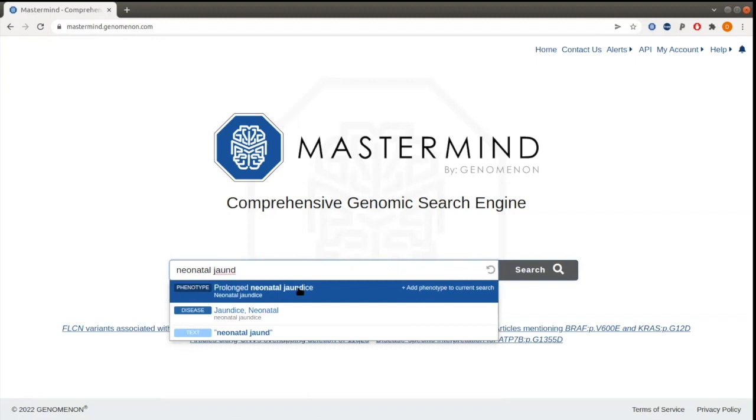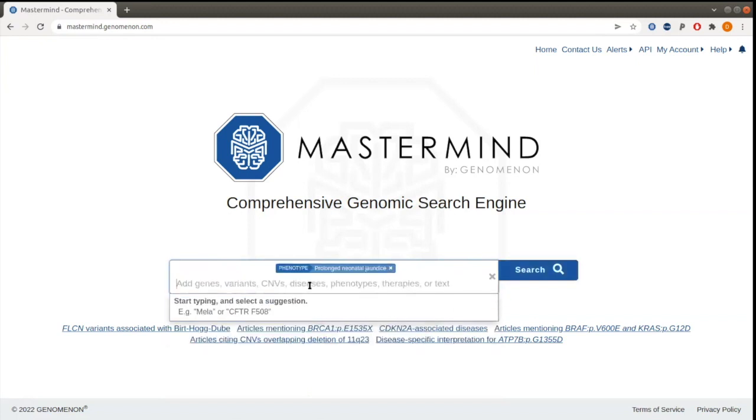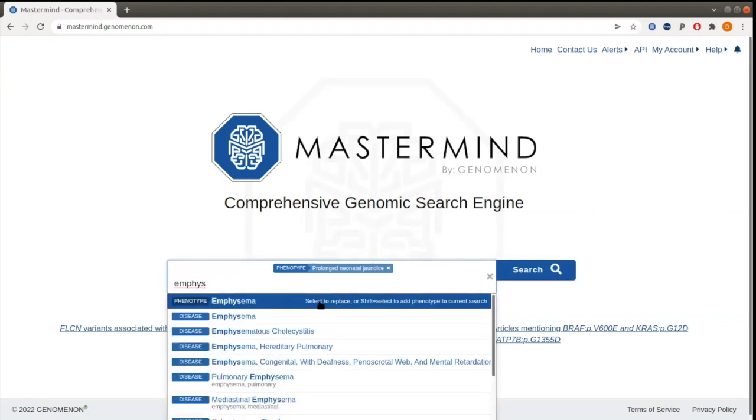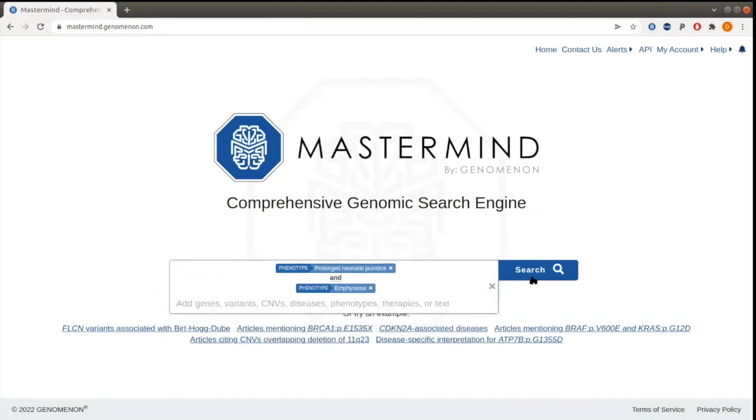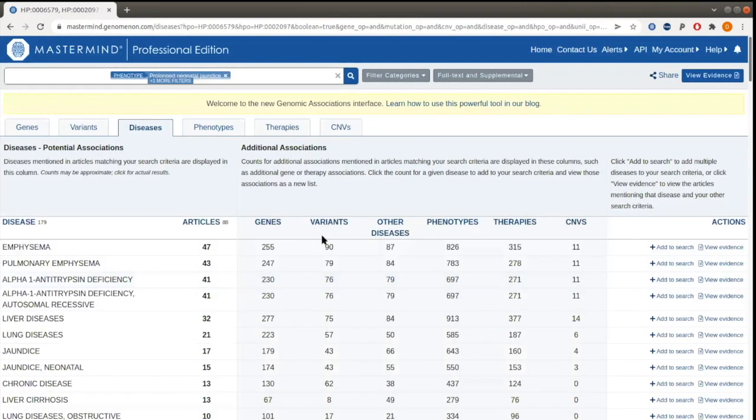So for example, if we have a case with prolonged neonatal jaundice combined with emphysema, and in this case, you can see the instruction, press Shift Select, and we execute the search. We can see that right away, we're defaulted to the disease tab. You have your emphysema phenotype of interest, but then right away, in this section of 40 results, you can see a probable disease cause of alpha-1